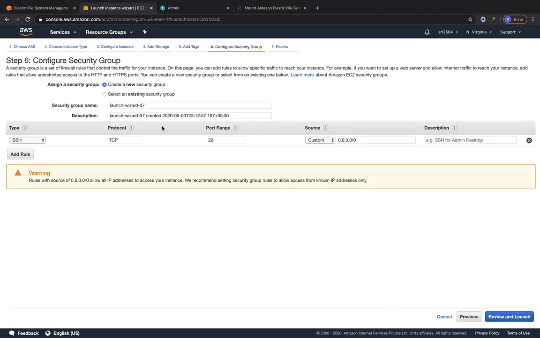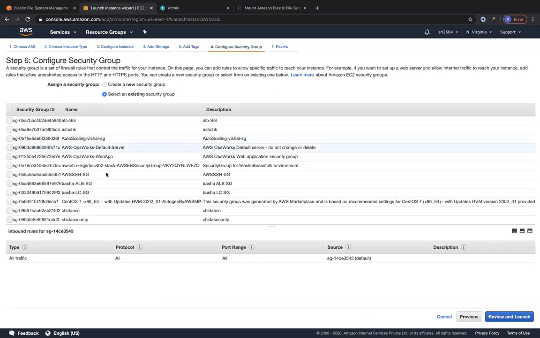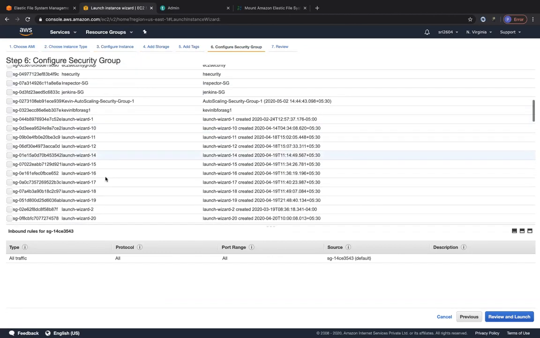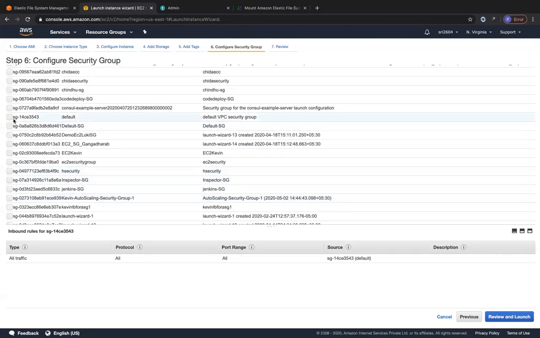The security group I'm going to give for these EC2 instances is the same security group that I gave for the EFS file system, which is the default security group. So let me just find that out. So this is my default security group. I have port 22 open up to my public IP, and all the other traffic is only within the security group. So if my EFS file system and these EC2 instances are with the same security group, they will be able to interact with each other.